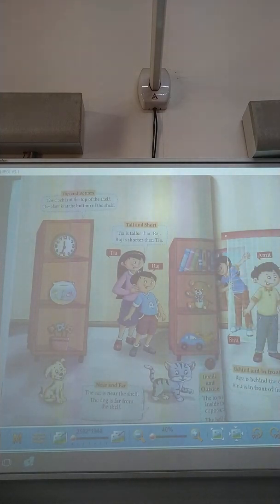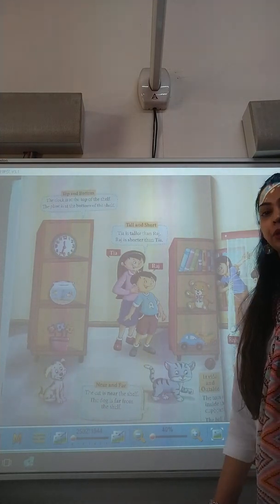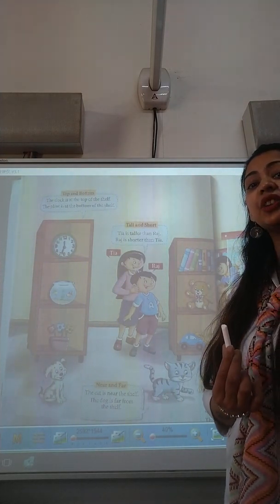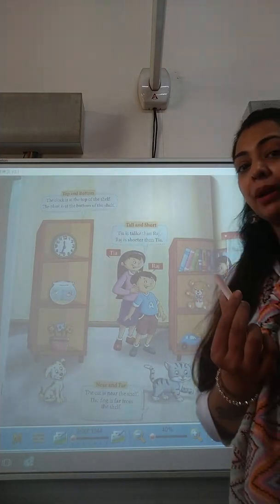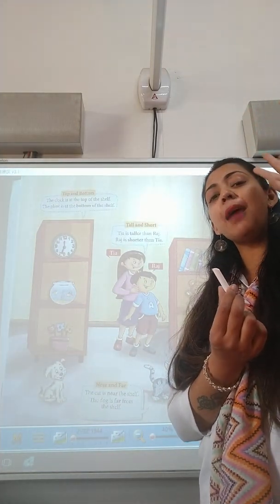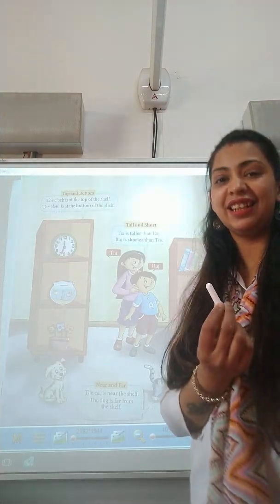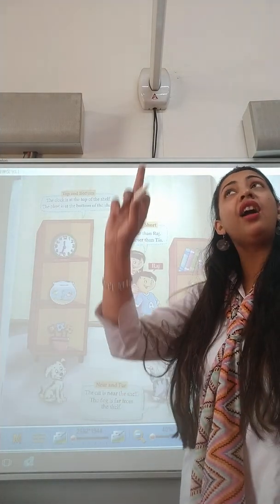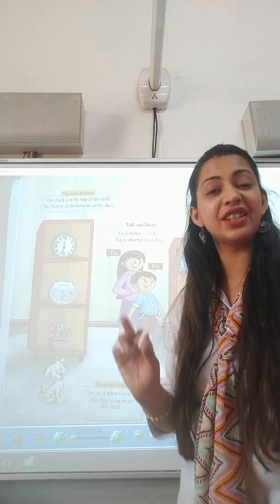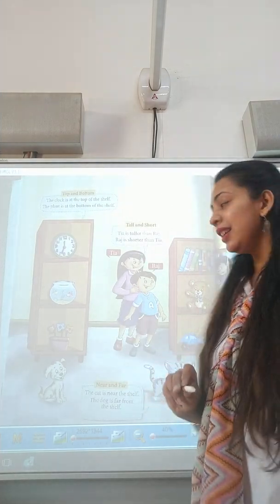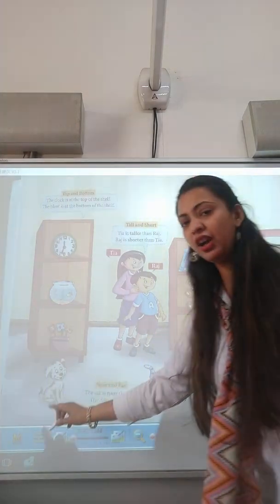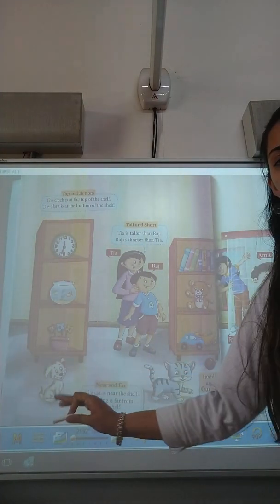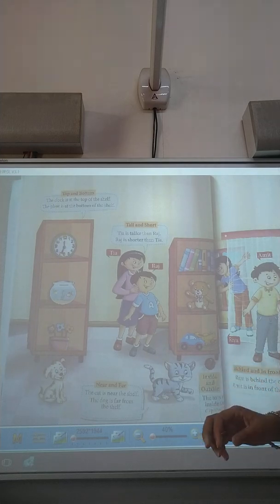Like if I have to use a simple example for you, then the chalk is near to me. This chalk I can hold. This is near to me. But the fan is up high on the ceiling. So fan is far away from me and I cannot touch it easily. Right? So the cat is near the shelf or dog. The dog is very far. Dog बहुत दूर है shelf से.